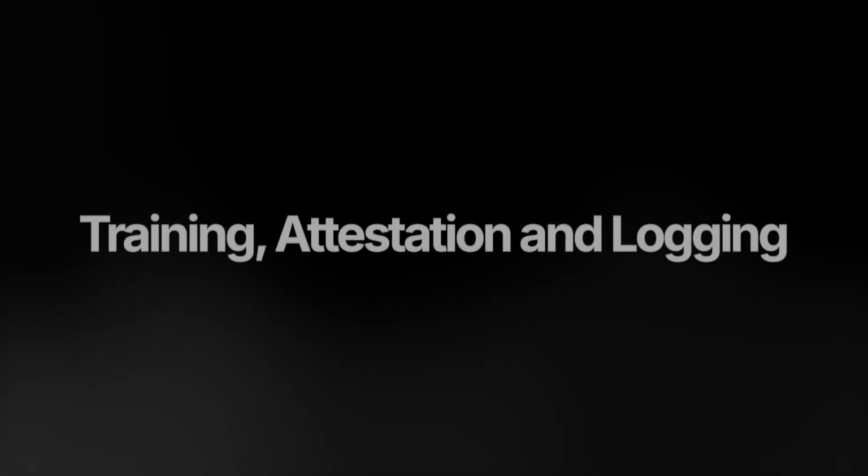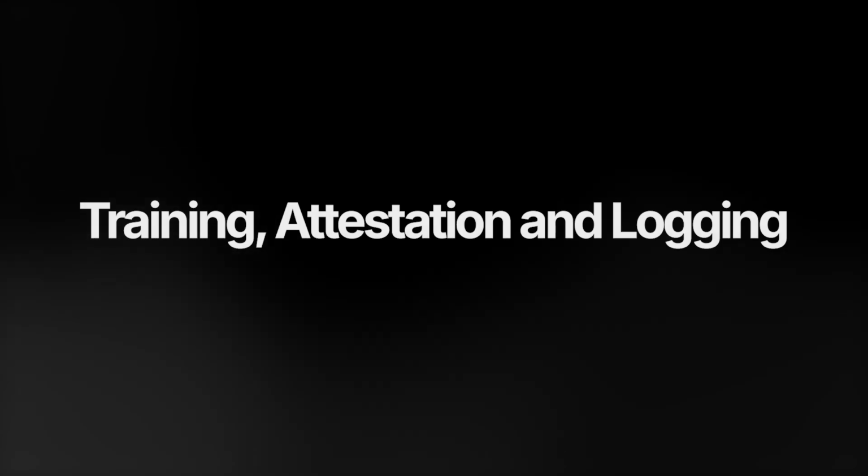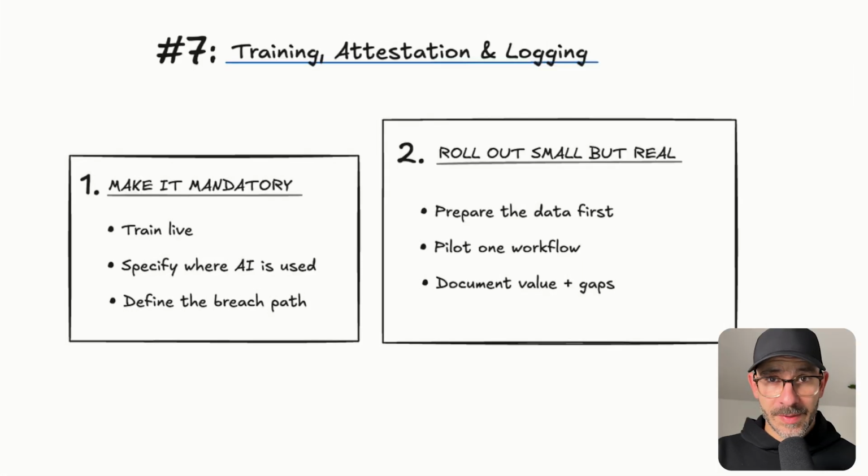A policy that's not enforced is not protection, it's theater. So make enforcement non-negotiable. Training must be live, not an email attachment. And it must end with a written attestation: I understand the rules and I'm accountable. Define exactly where AI use is logged: matter file, central register, or both. And what must be recorded: who used it, for what task, in which tool, who reviewed it, and what decision was made.